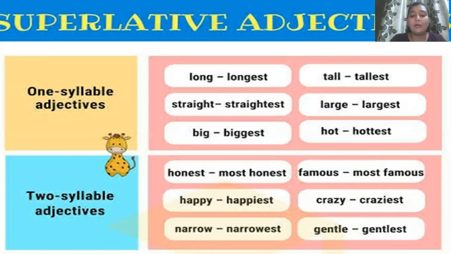I know grammar is a very wide subject, so there are exceptions. As you can see, we have words like narrow and gentle also, which are not ending with y, but still they are not having word most or least before it. They can still be given suffix est at the end of it in order to give it superlative form. So remember, there are always certain exceptions in grammar. It is not so that one rule is generally followed for all. There are always certain exceptions in every rule that we learn.